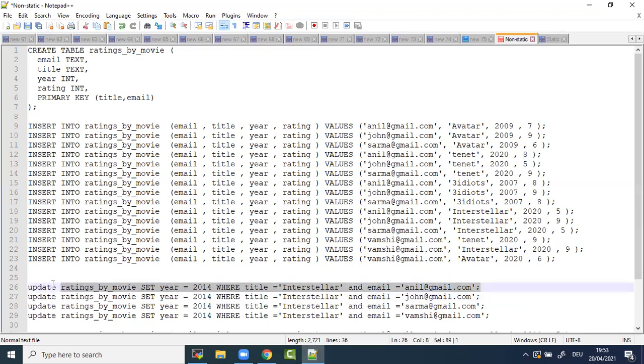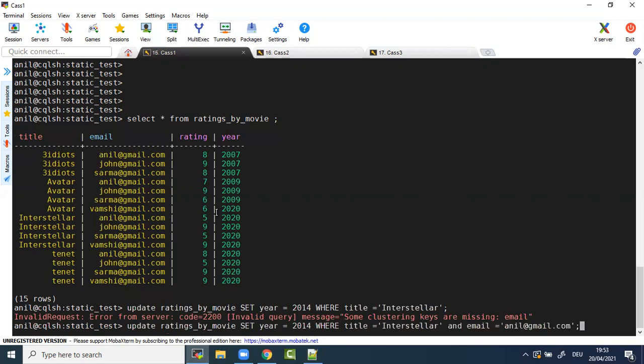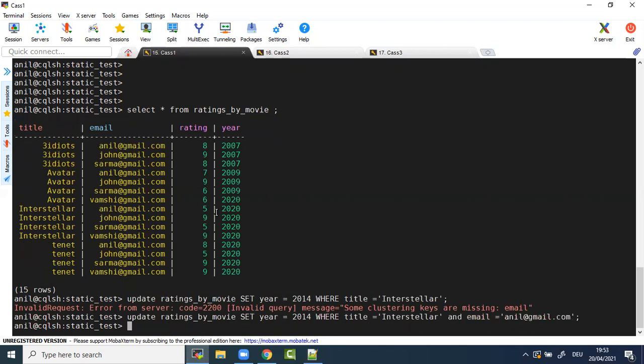Now the problem here is, when you pass the entire primary key, you can update only one single row, because the primary key gives you uniqueness for a row inside your table.